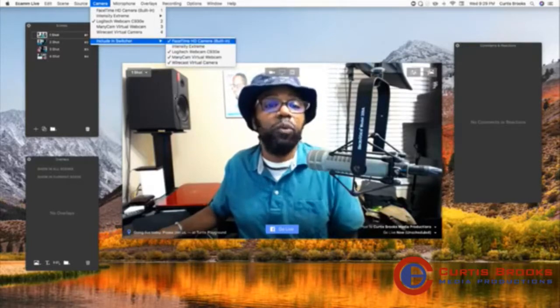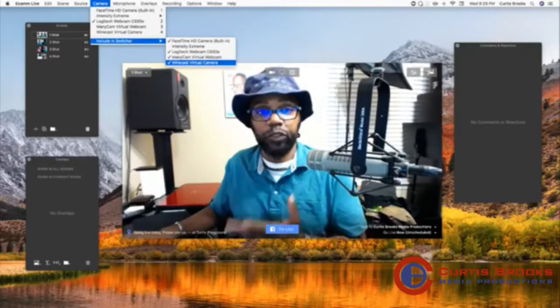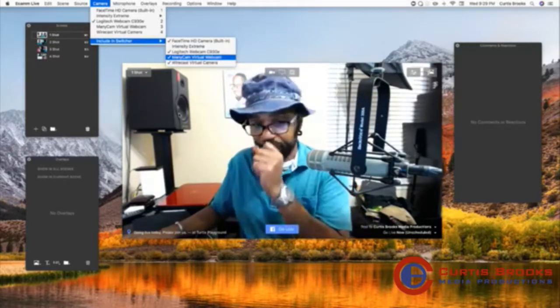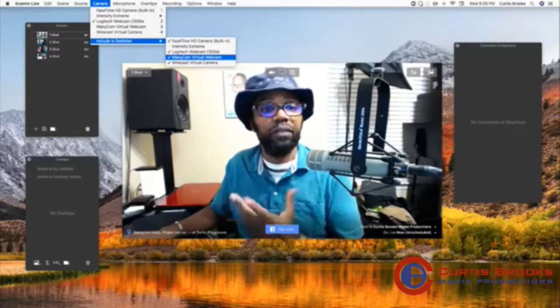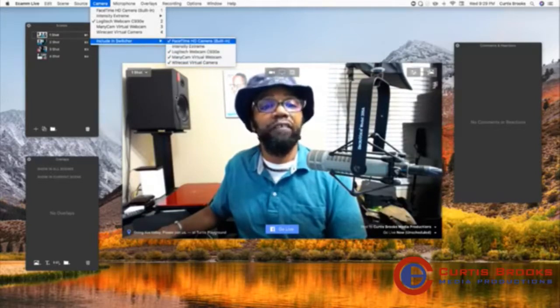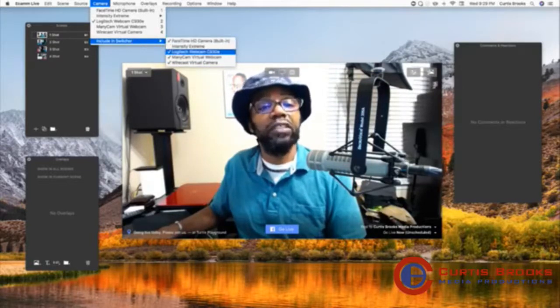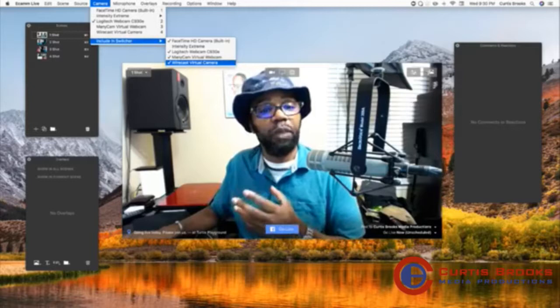Again, only 2 are real cameras, and the other 2, the ManyCam and the Wirecast, are virtual cameras and not actually real cameras, all right? It's like a fake camera that the software developers put into this software. So here we have the FaceTime camera and the Logitech camera. Those are the actual real cameras, okay? But the other 2 are acting as real cameras, even though they're not.